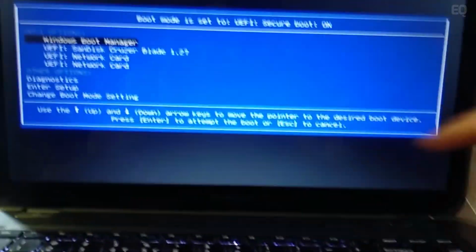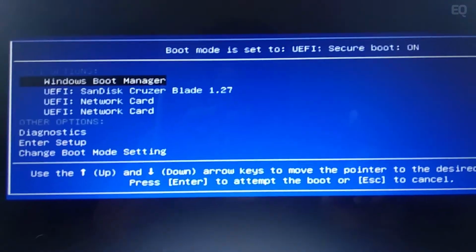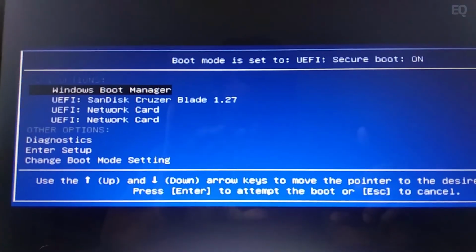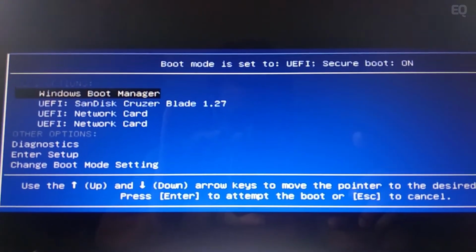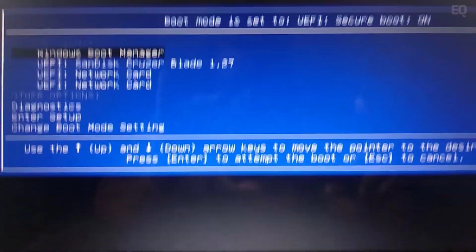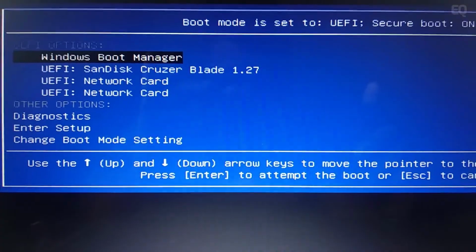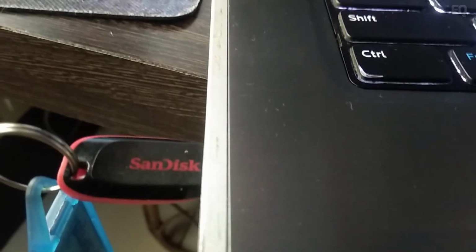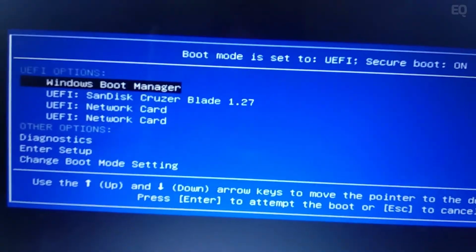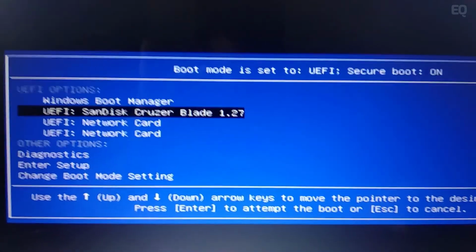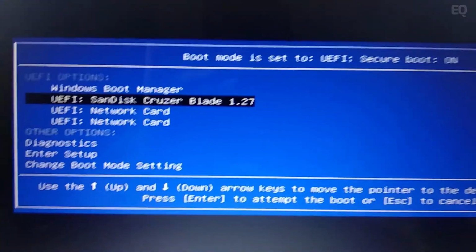And here we are pressing F12 and the quick boot menu has launched, where we can see the boot mode is set to UEFI and secure boot is on. I have to boot from EFI SanDisk. This is the pen drive connected, SanDisk. So let us select this and hit enter.